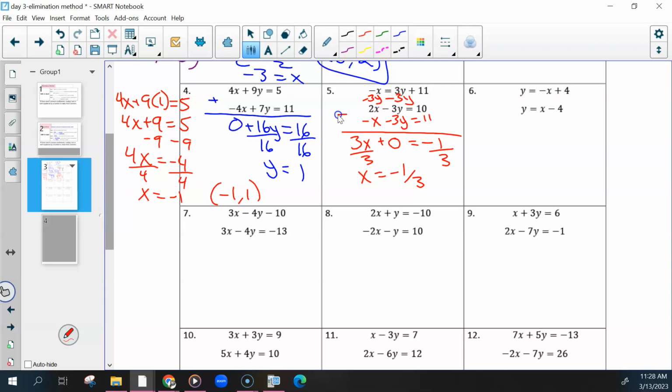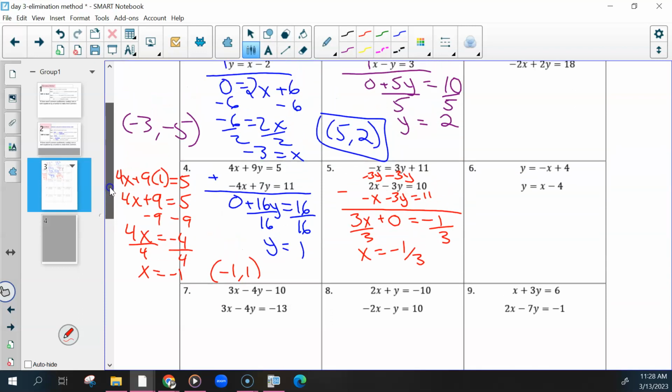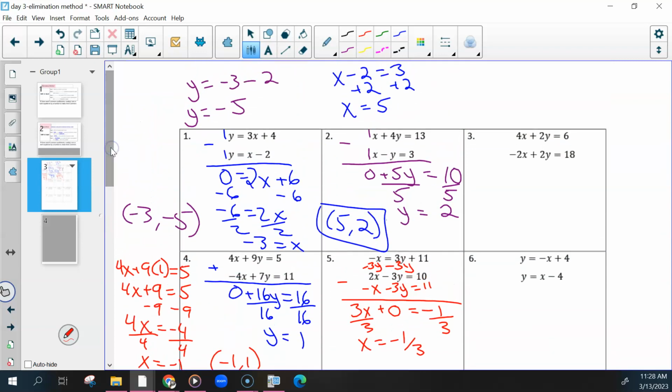So then we're going to put that back into, you have 3 choices now. You can do one of the originals or the one you changed. It does not matter. I'm going to do this work up top, and I'm going to use the 2x equation. So then we would be using that to find y,